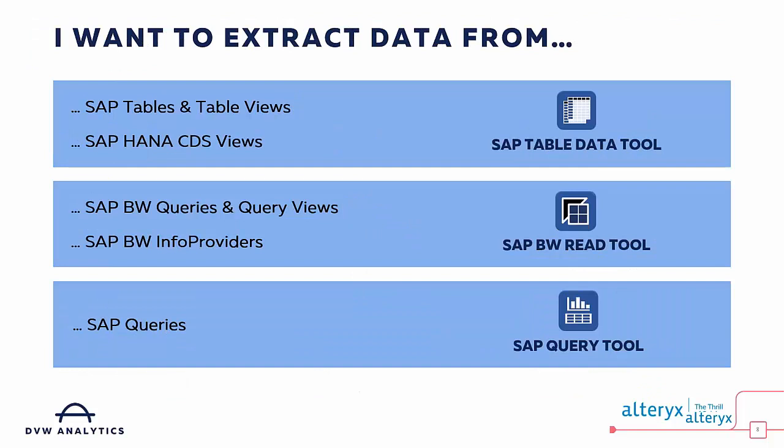And just a couple of points before I hand over to Sky to highlight three of the key tools we'll probably show you today. Firstly, if I want to get data from an SAP table or an SAP table view, so this would be, if you're familiar at all with SAP, analogous to using the data browser transaction in SAP, transaction SE16, SE16N, that may ring bells for some of you. Then we have our SAP table data tool. Similarly, if you've already made the investment in SAP HANA or S4HANA and you've developed core data service views, then our table data tool will also extract data via HANA core data service or CDS views as well.